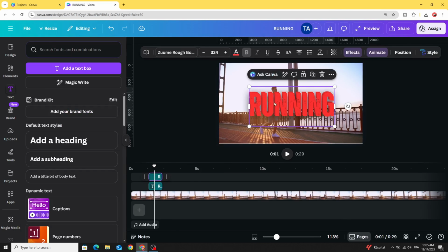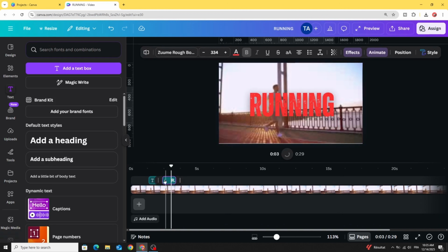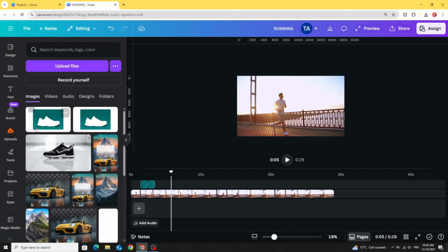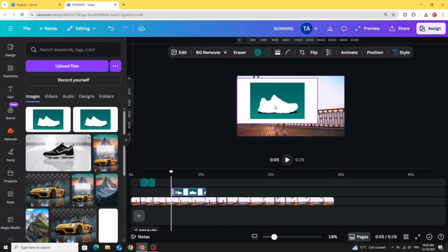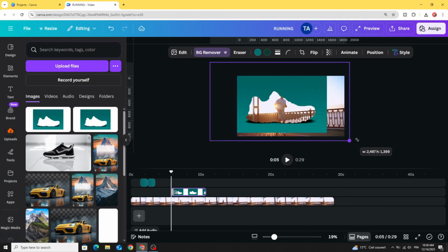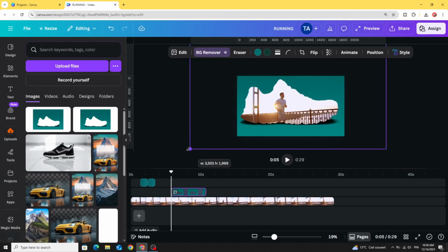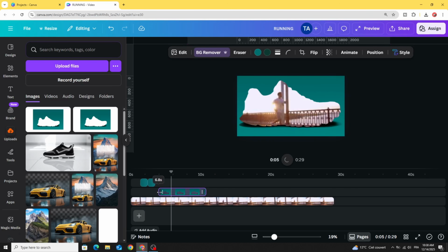Duplicate and let's place the next word here and let's edit the text. Go to uploads and let's drag the image that we already make. Remove the background and let's place it like this. Let's increase the duration